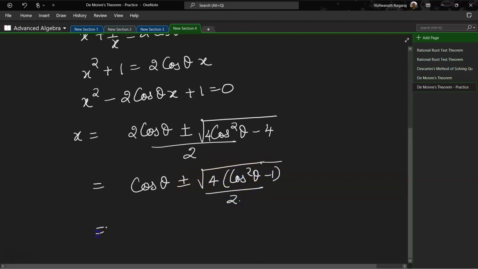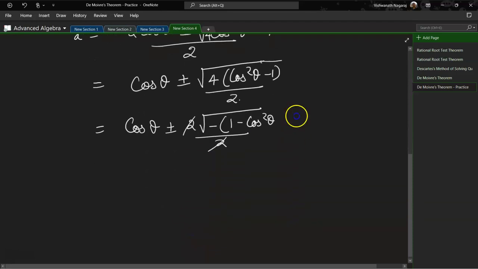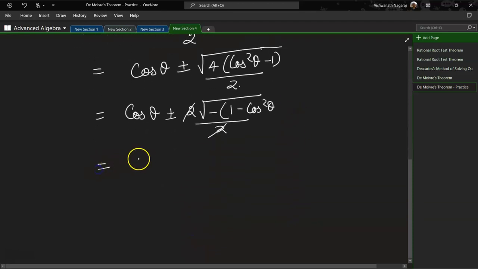Now this will be cos theta plus or minus, we can take the 2 out. We know 1 minus cos square theta is sin square theta. So let's take minus out, 1 minus cos square theta, and the 2 cancels out. And we are left with cos theta plus or minus